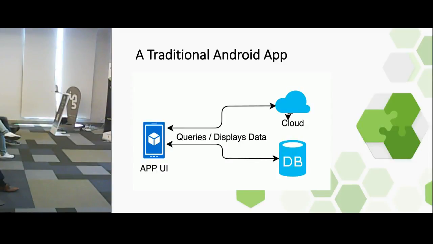And now we have a simple diagram. This is a traditional simple Android app diagram. We have UI, and it connects to a data source. This data source might be a local DB or a cloud. It seems easy, but believe me, it's not as easy as it seems, because in the real world, things get complicated. The more components get involved, the more complex it gets.